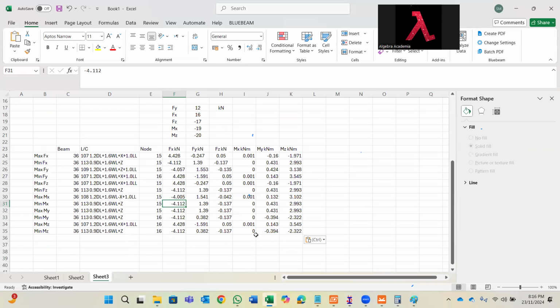So let me check node 15, which is here. The maximum I'm going to get is 3.13. Yes, this is 16. Yeah, 3.13 actually. Okay, fantastic, so I'll highlight this. What I'm going to get is the direct tension of -4 and the indirect tension, which is 3. So the axial,